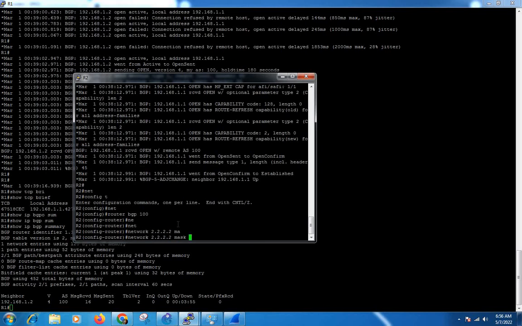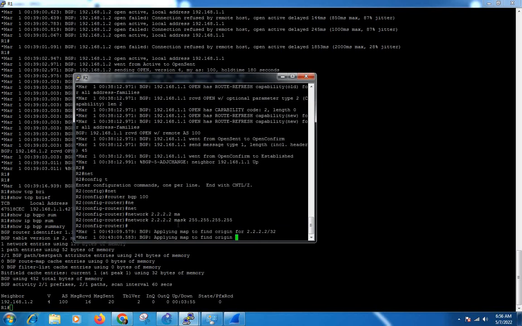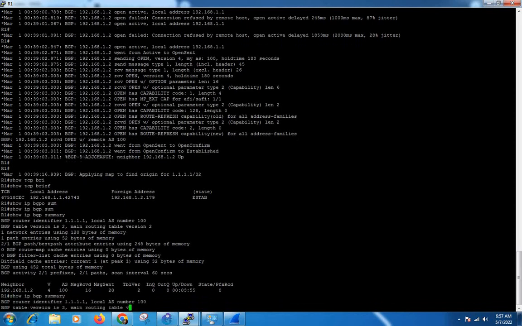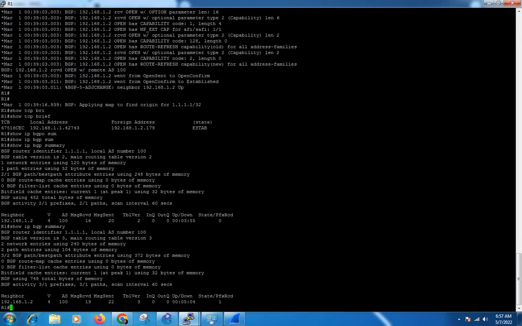That loopback we created earlier, we are advertising it, and mapping the origin to 2.2.2.2. Okay, so we can check. We are receiving one prefix here.